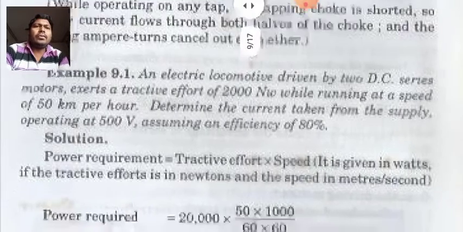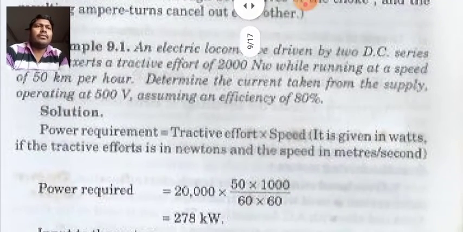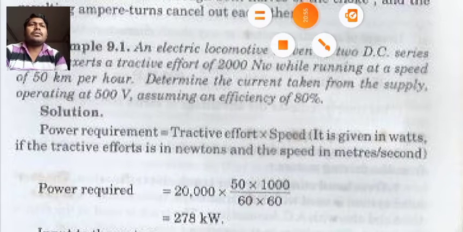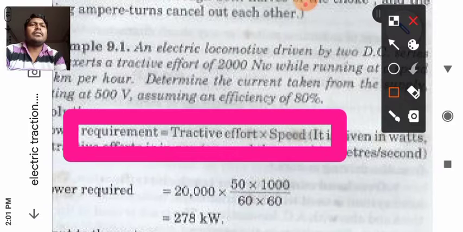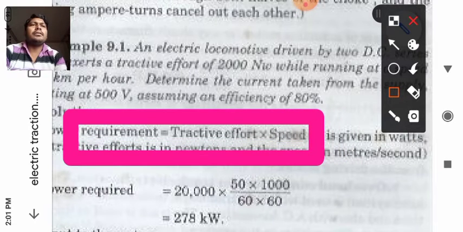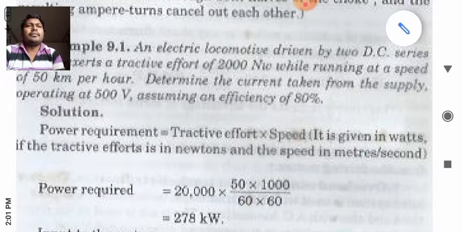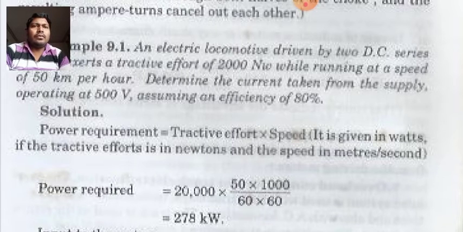Now power requirement is equal to tractive effort into speed. So this formula you should remember. Power is given in watts if the tractive effort is in newtons and the speed is in meters per second. Now power required is equal to 20,000